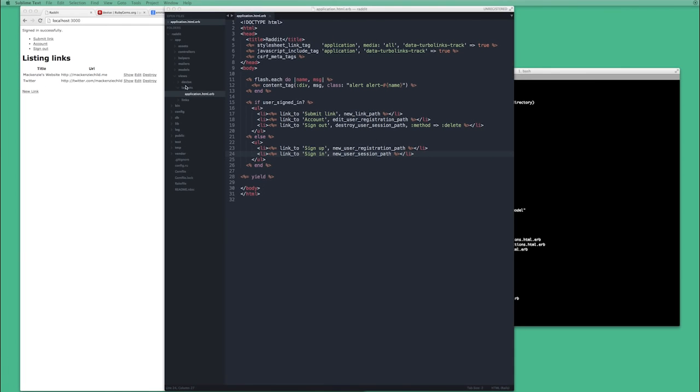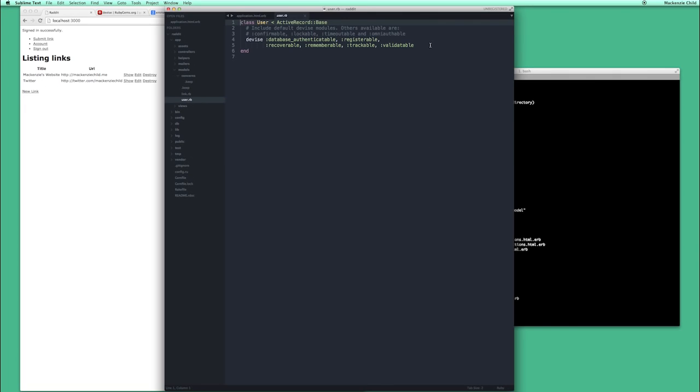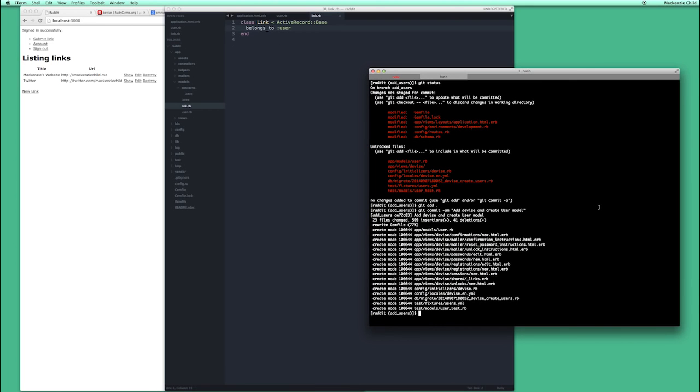So in our user file, or user model, we're going to add a user has many links. And then under link, we're going to do a link belongs to a user. All right, so if we jump into the Rails console to see what we just did,